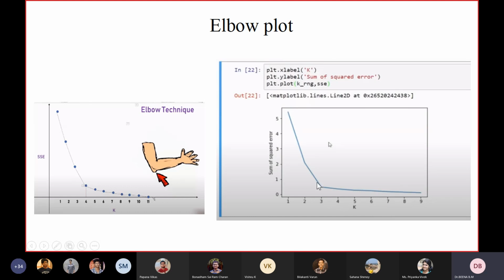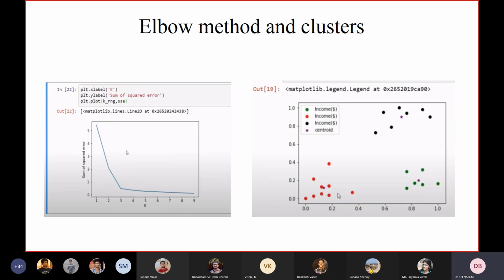Now, what is the best possible value? The elbow method helps you find the best possible value of k. Look at the curve where it is changing direction, where there is almost like a perpendicular shift from the x to the y axis. So this is the curve at 3. Can you see this? This is value 3. K is equal to 3. It is helping us come up with an optimal value of k, that is, k is equal to 3. So this is the elbow method.